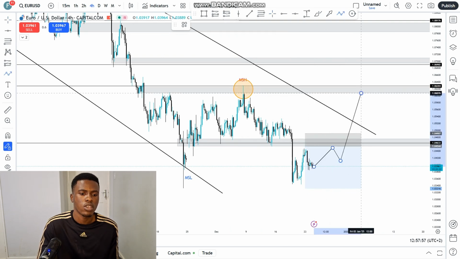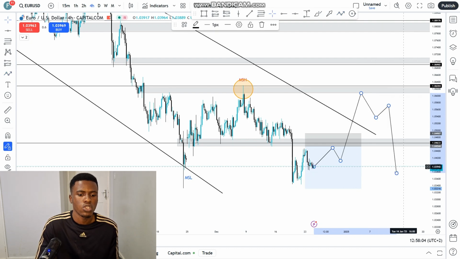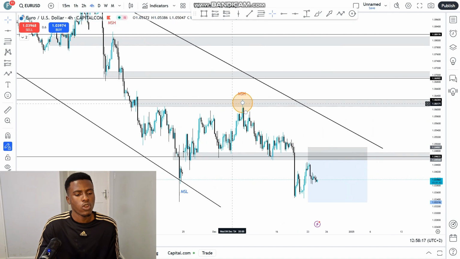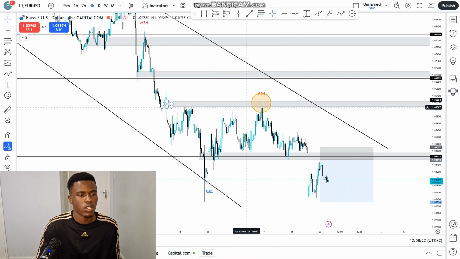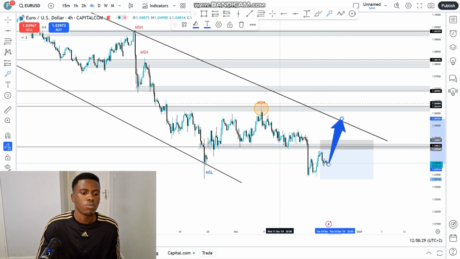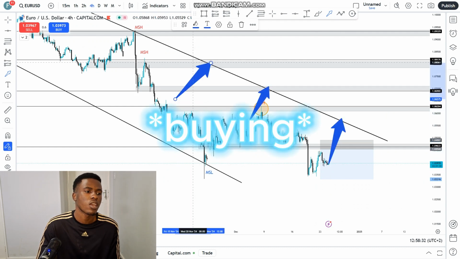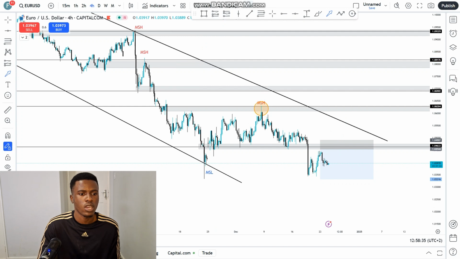If we come back to these areas, as long as we don't break it, I will be willing to short Euro USD and continue to the downside right now. And also, if you look at retail traders, a lot of retail traders right here are busy buying this one. They are expecting it to continue to the upside, or maybe they are trying to call it a bottom, right?